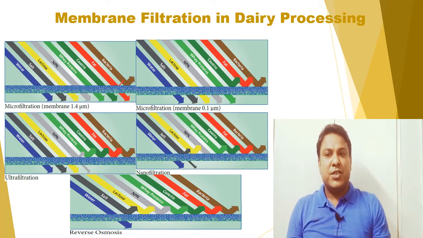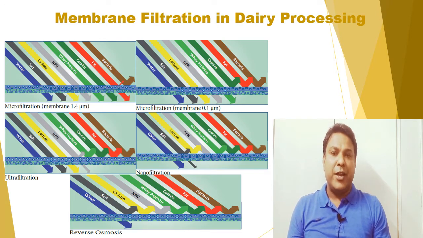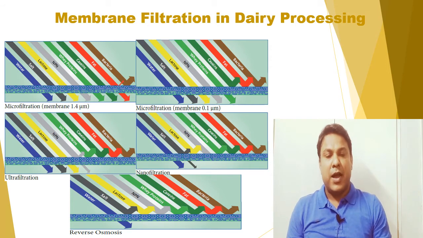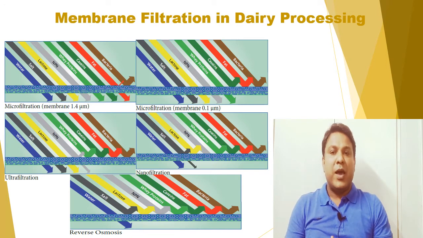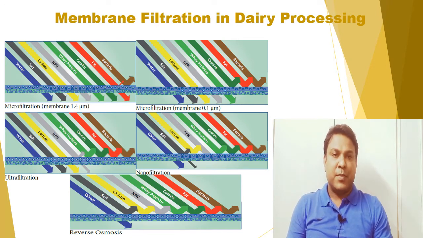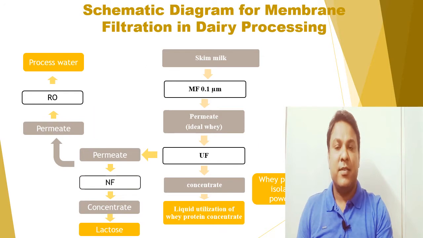In the cheese industry, membranes increase the yield and quality of cheese and control the whey volume, which is a major development in membrane processing in the dairy sector. So we control the whey volume by concentrating the cheese milk. Here in the flow chart, processing of skim milk into different useful fractions like whey protein isolate, whey protein concentrate, lactose and finally processed water has been achieved with the proper selection of membrane.